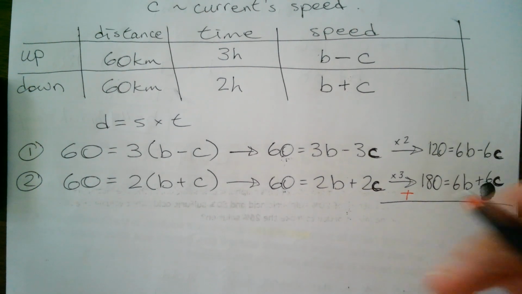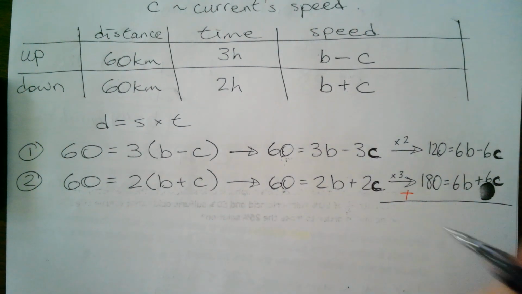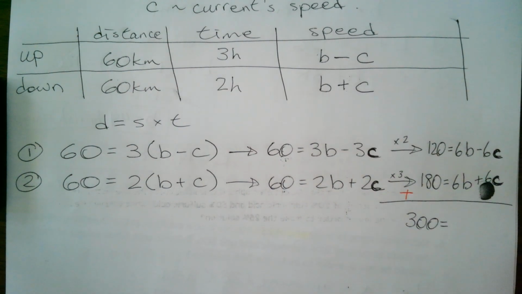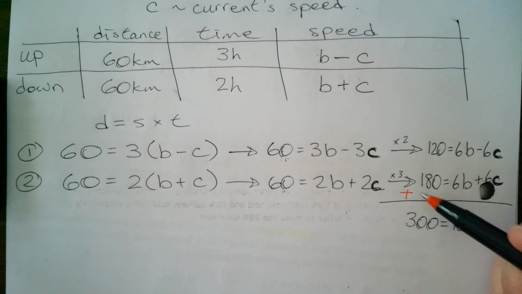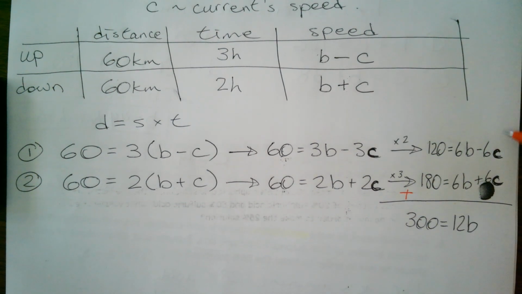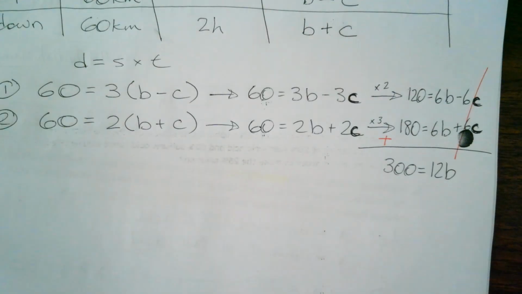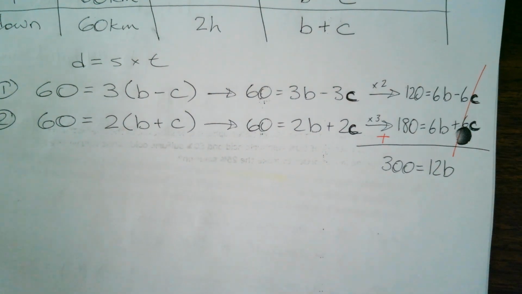So in this case, I will get 300 equals 6b plus 6b, 12b. Negative 6c plus positive 6c. Yeah, hence the name elimination. Okay, that's eliminated. So 300 divided by 12,